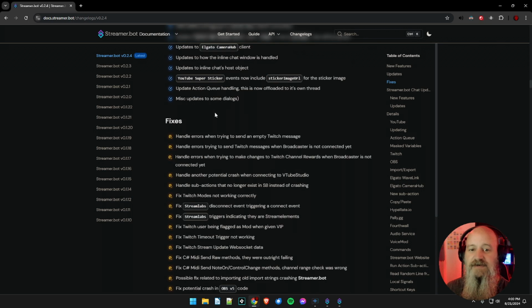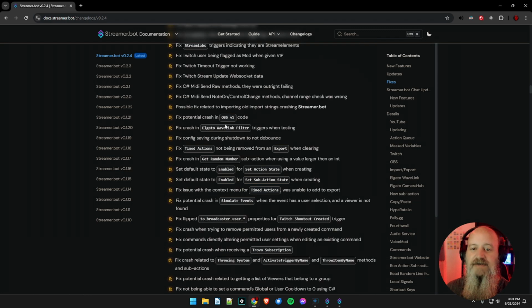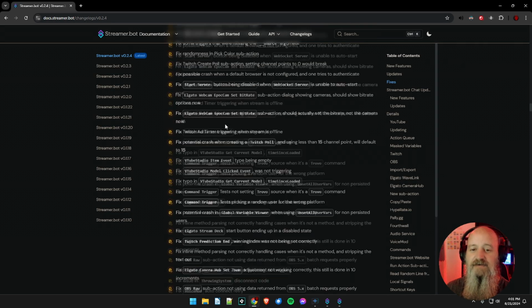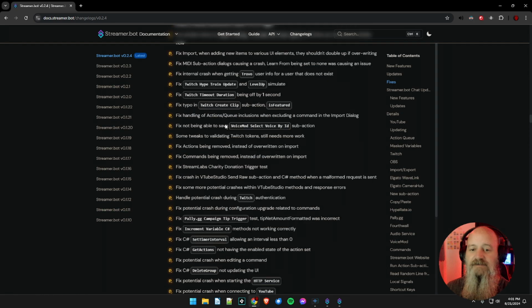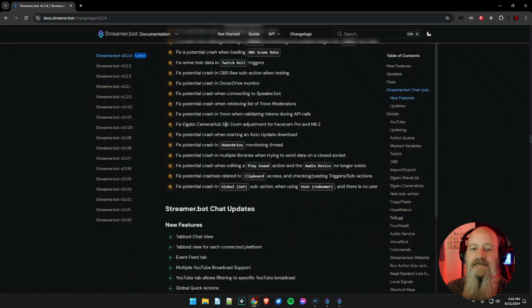Finally, we get to the fixes, which is the little yellow, looks like a database check mark symbol. And these are things that have been wrong in the past or caused errors or crashes or fatal UI exceptions, things like that, that have been fixed. And as you can see, also, there's quite a bit of those. I think if I counted correctly, there's almost 90 fixes that Nate has put in